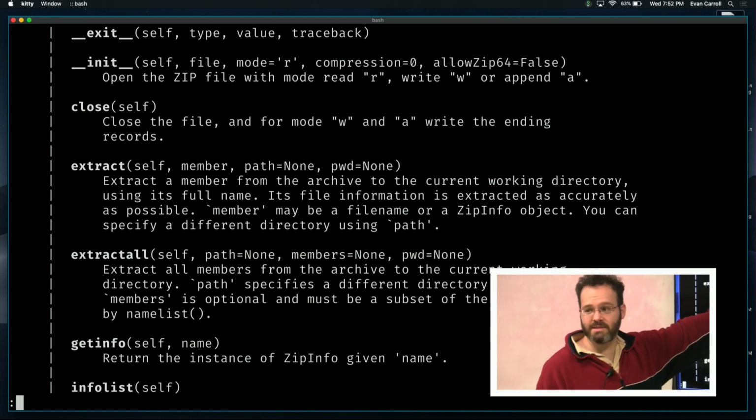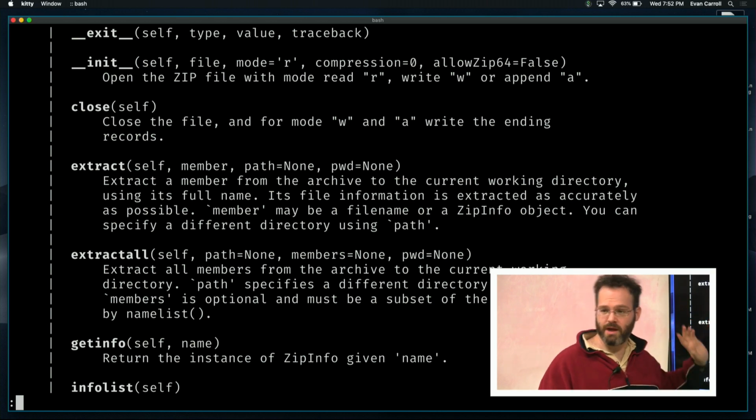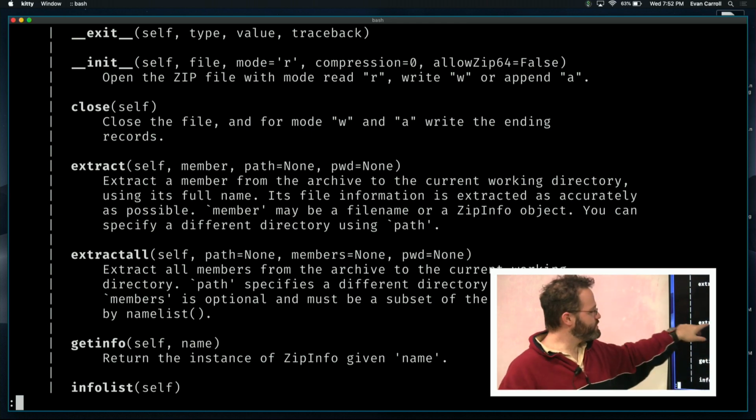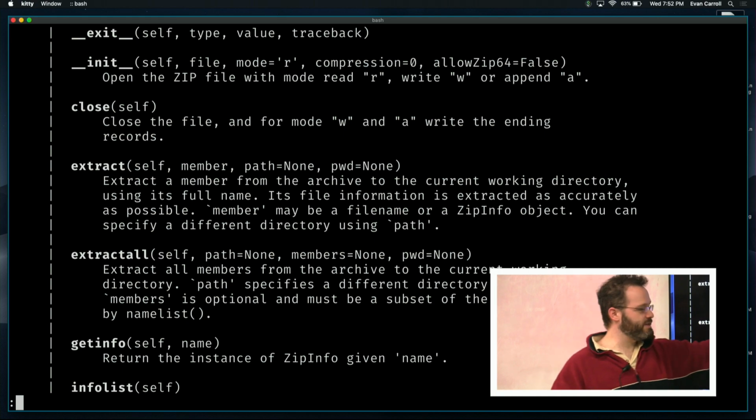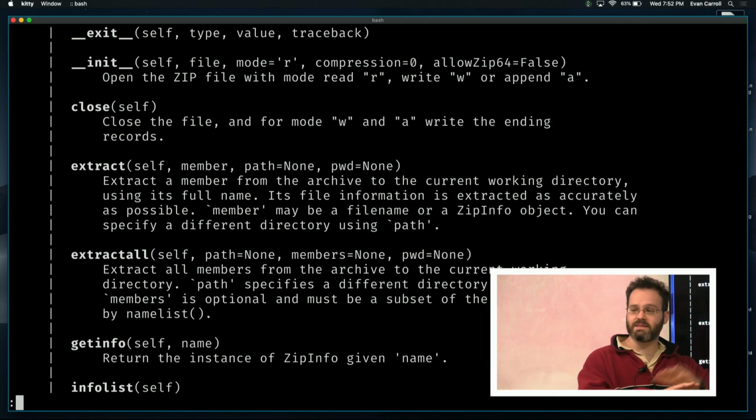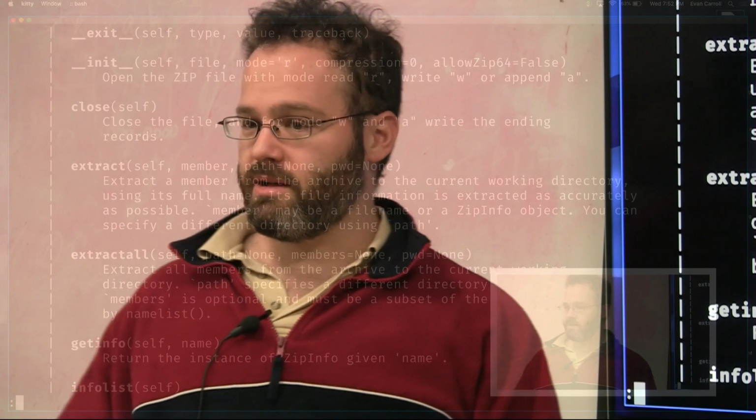With extract, see how we have this thing in the middle, member? That means extract is taking a single file. It's going to get us a single file. They call this file a member, right? These aren't my words, they're their words. So we just accept it, and we don't redefine it. Extract all doesn't have the member thing. It defaults to none, and that's because it's going to give you all of the stuff in the zip file,